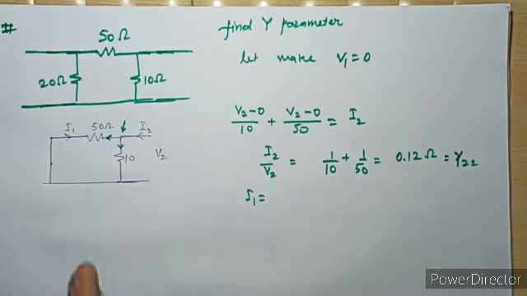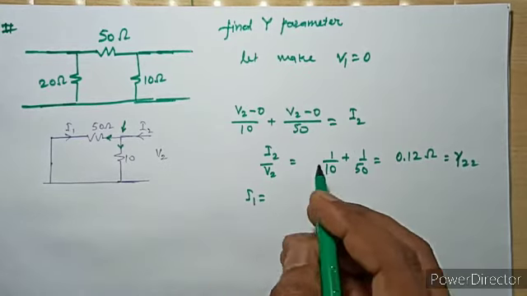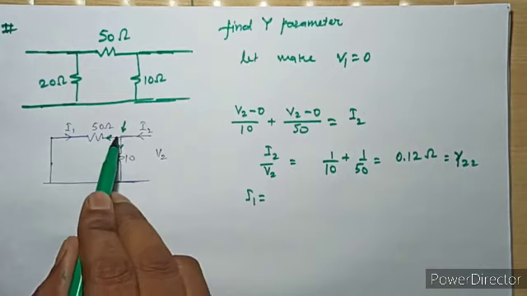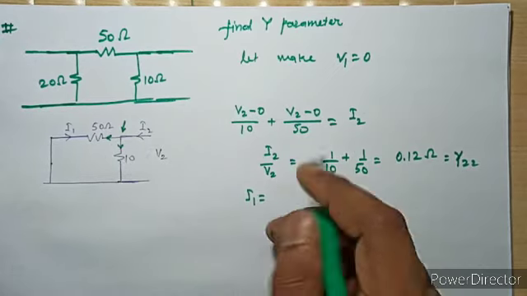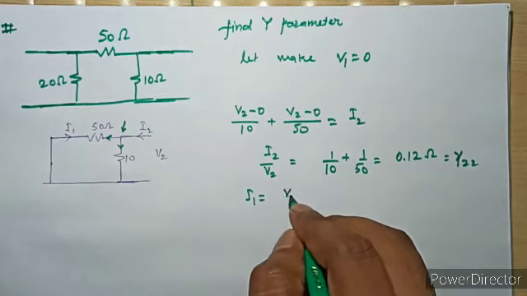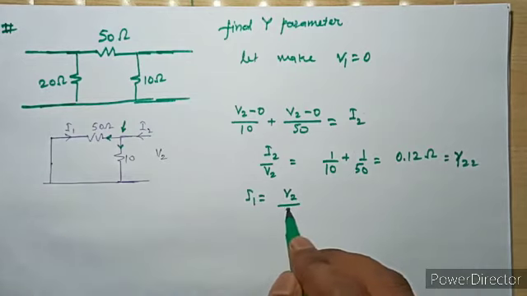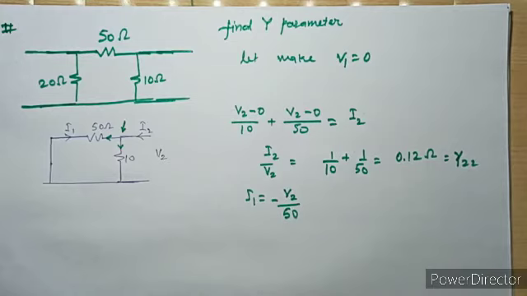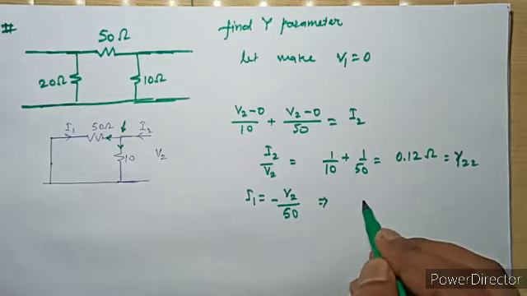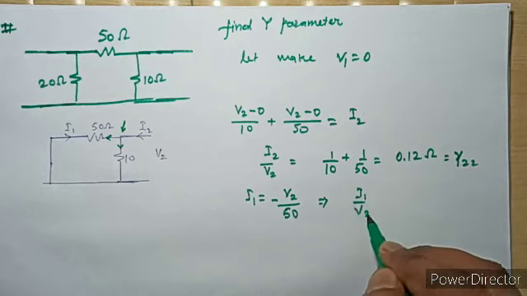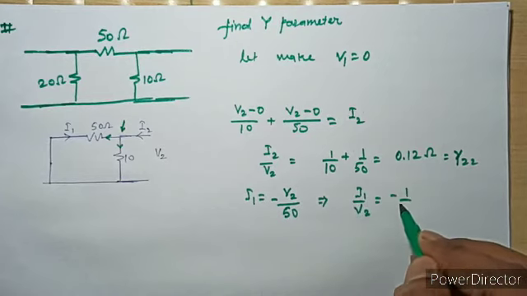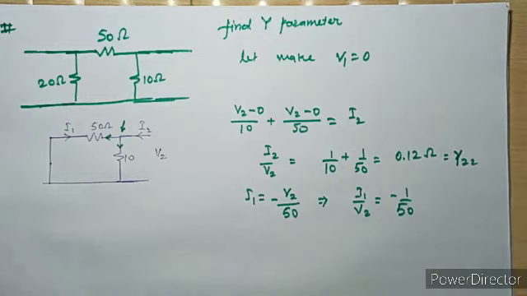Also, we can say that I1 is what? I1 is nothing but the opposite of that current, means V2 by 50 ohm, because I1 is going in this direction but the actual current will flow in this direction, so I1 will be minus V2 by 50 ohm, and I1 by V2 when V1 is equal to 0 is nothing but,